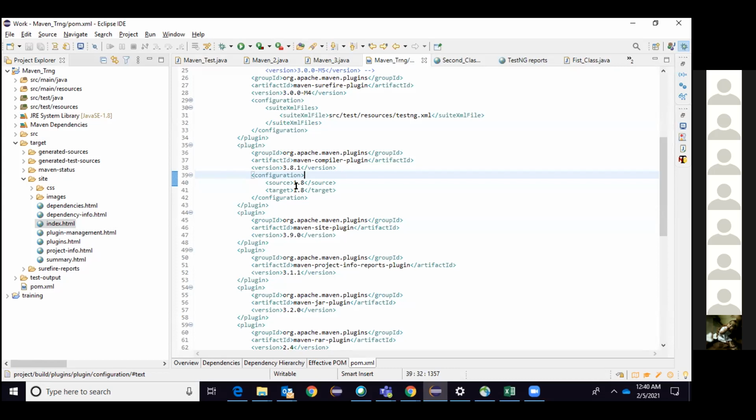If you add it as a dependency, by default behavior a few things can work. For example, jar: it will complete your packages and give you the jar. A few things the default behavior can do, but that is not the way to use it. You have to use those things in action mode, meaning that's the action you want to perform. For that only, these plugins come into the picture.